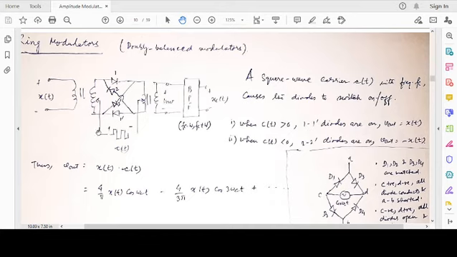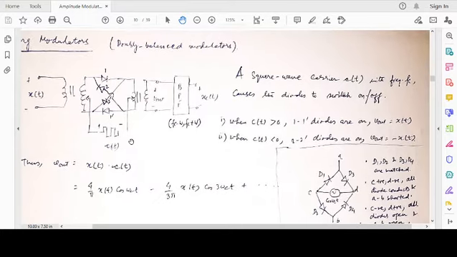These diodes are biased by a square wave carrier c(t), the same carrier frequency oscillator, which is generated from the local oscillator with frequency fc. You convert it to a square wave, or you can actually give the sinusoid input also, but in most practical cases you amplify it in a nonlinear region such that it gets clipped and you get an approximate square wave. That is a very important technique, and you use it to bias the diode ring.